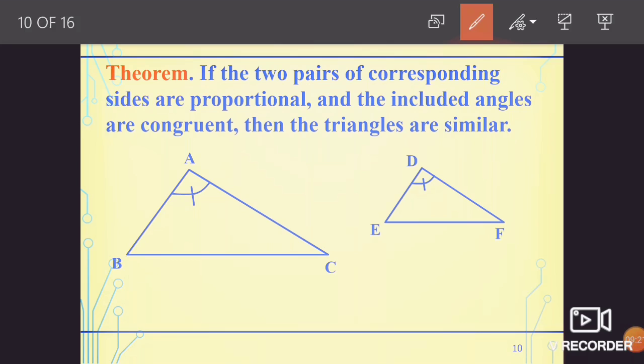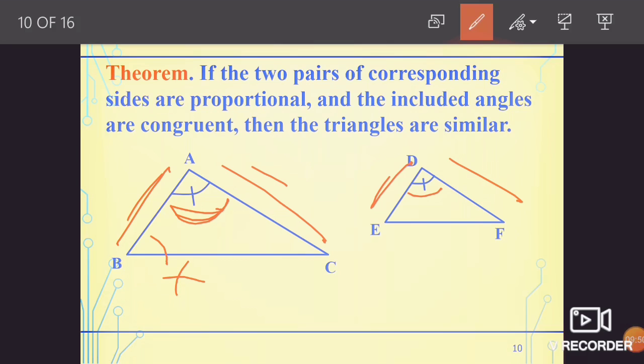So what is the SAS criterion? It says that if AB by DE is equal to AC by DF, and we can also see that the angle between these two sides is equal, not this one, this is not the angle. Again, for triangle DEF, this is the angle between these two sides, not any other angle E or F. So we have to keep it in mind for the SAS similarity rule. We have to prove that first